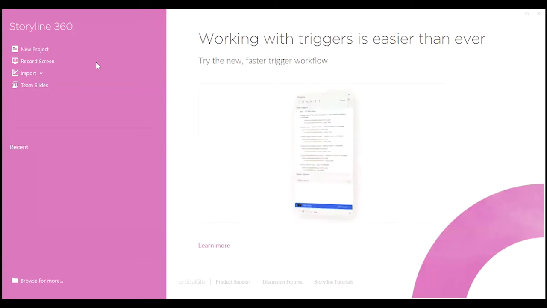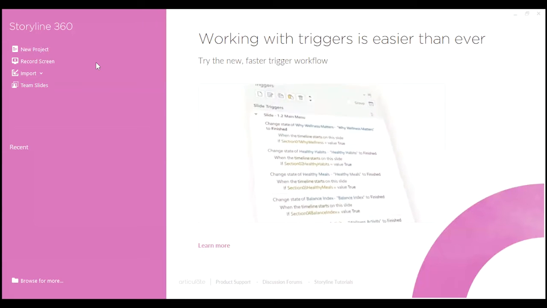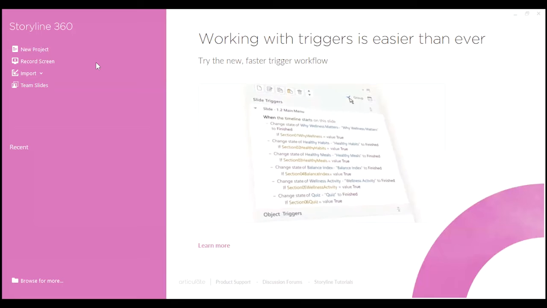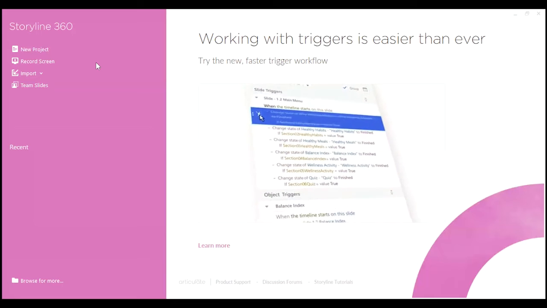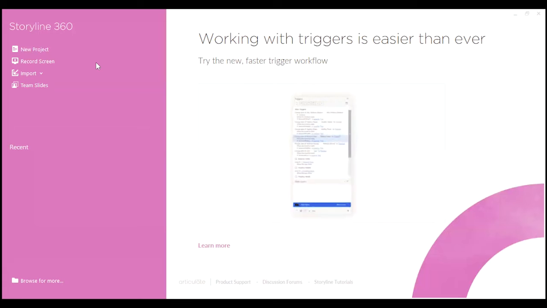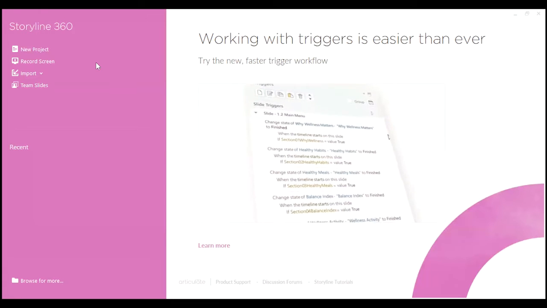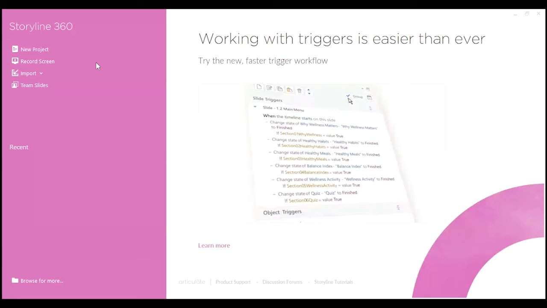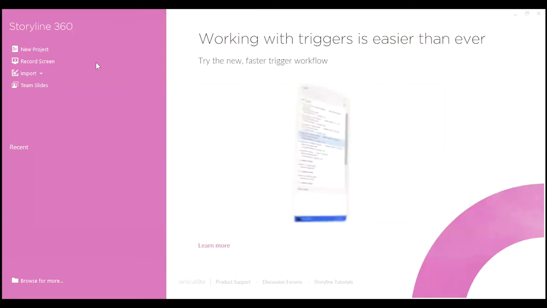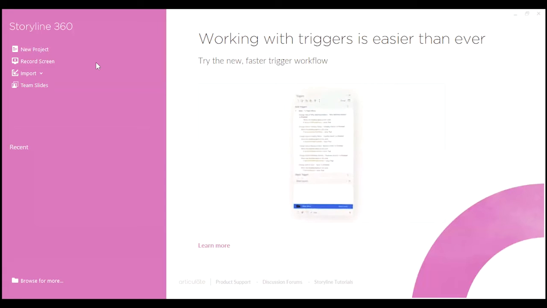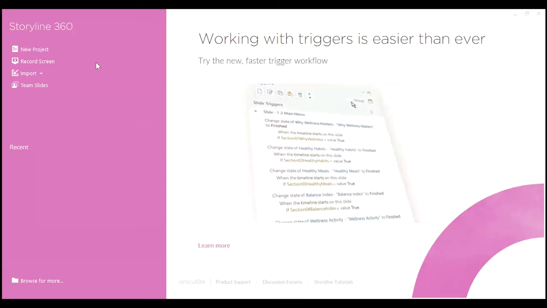The second option is to record the screen. Recording the screen helps the learners to get an idea of the progress of the designers. So, if you are an instructional designer and you want to share your update of progress in a project, you can do that by recording your screen and sharing it with your stakeholders, your instructional designer resources, and also your external vendors as well.